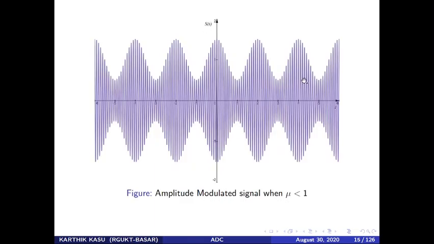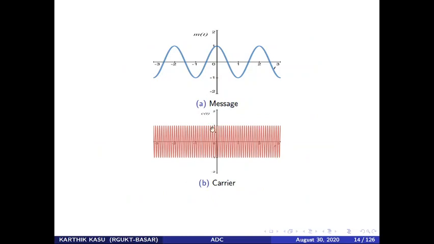Now this is how our AM waveform will look. This is the amplitude modulated signal when mu is less than 1. Now what a difference you can observe. Here what is changing? We are getting varied amplitude. So the amplitude is changing; it is the carrier signal only, after modulation. This is the carrier before modulation, c of t. Here it has constant amplitude. How much? 1.